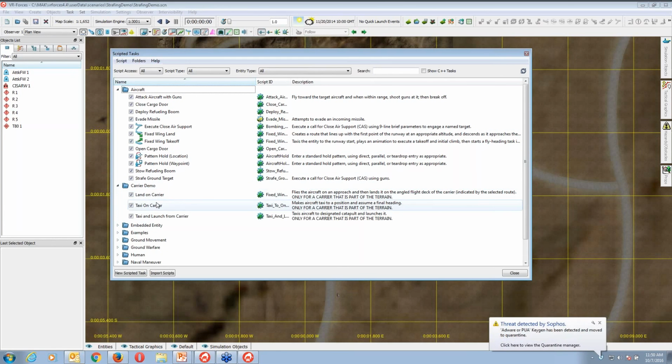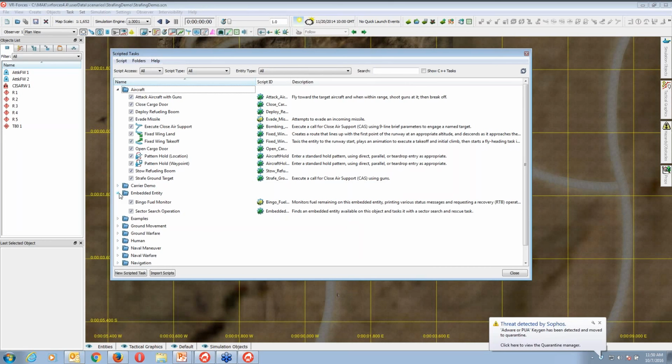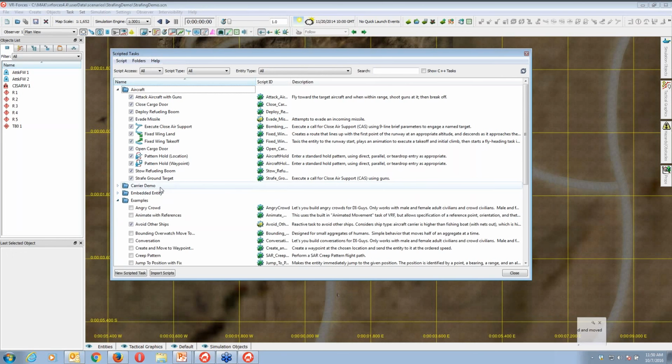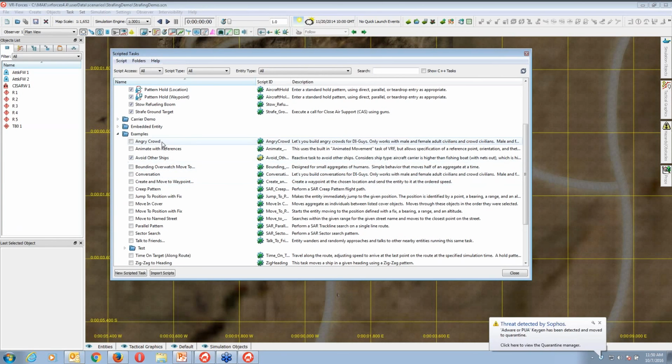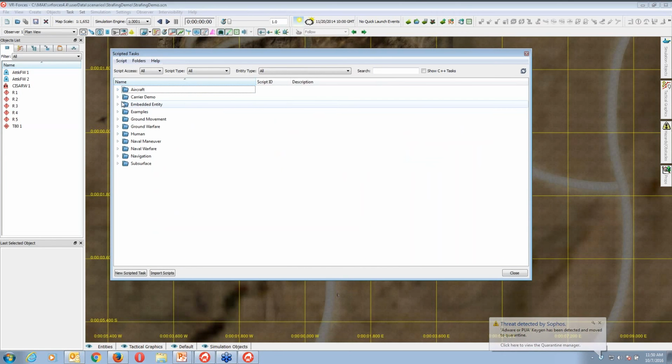For carrier demo: land on carrier, taxi on carrier. So embarkation also, these features we have in VR Forces. Embedded entity is for your land vehicles and land DI characters, like angry crowd, animate with reference, conversation, bounding overwatch, move in cover. These are all the scripted tasks which we have already incorporated with VR Forces. If you need to add or modify, you can easily achieve it.